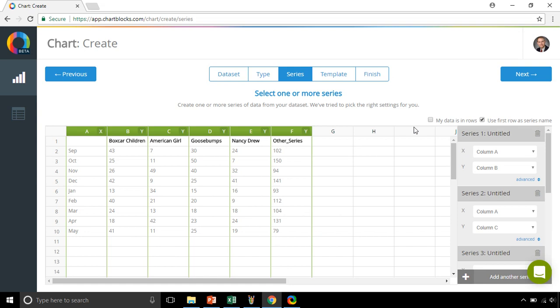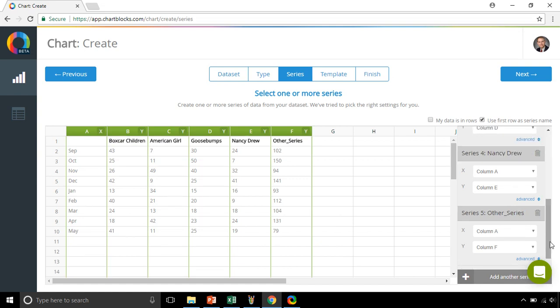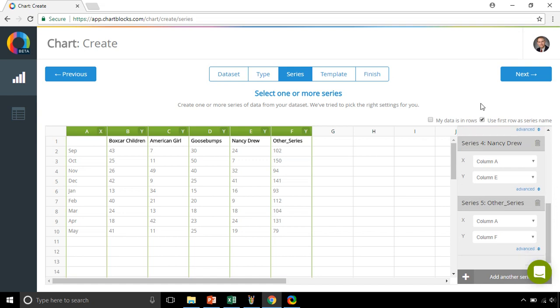Then our data is in columns, so we don't want to check my data. And we do want to check use first row as the series name. Okay, good. So it populates. And you see series 1 is highlighted here along with the x-axis. If we go down here, then series 2 will be highlighted, and similar for series 3 and series 4 and 5. Okay, so we are ready to go to the next step,